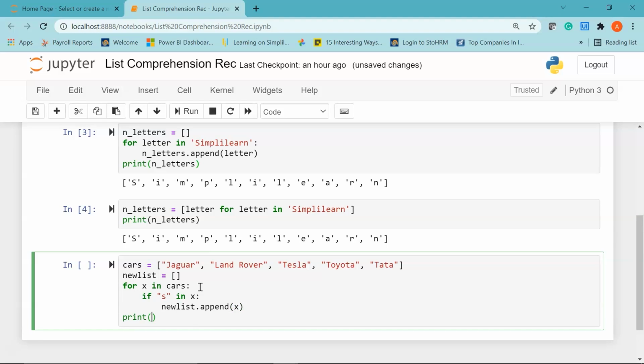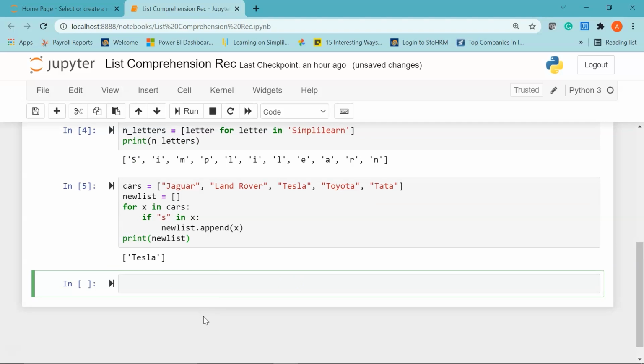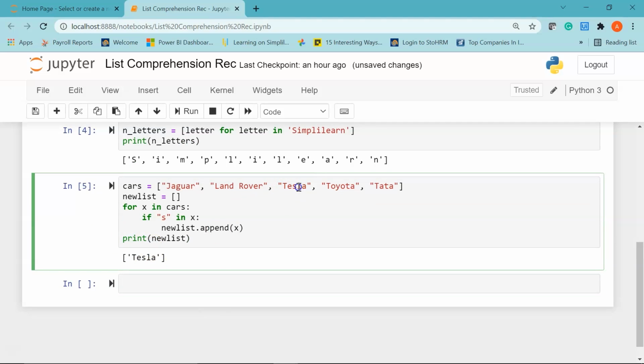After that, I'm going to say print new list. So what these lines of code will do is, my for loop is going to iterate through each of the elements that are present inside the list cars, and it will check if any of the car brands have the letter S, it is going to print that car brand. If I run it, you can see here we have Tesla, which has a letter S in it. The rest of the car brands don't have the letter S, and hence we have got Tesla.